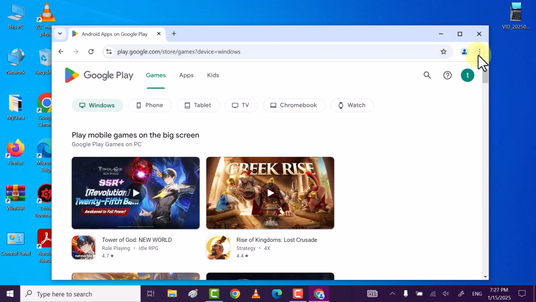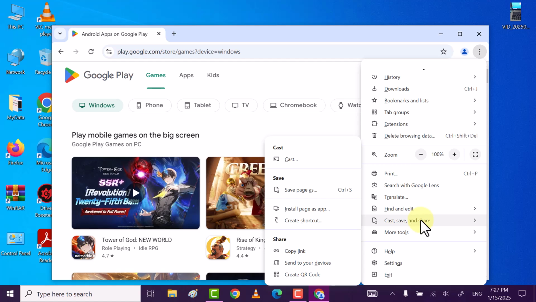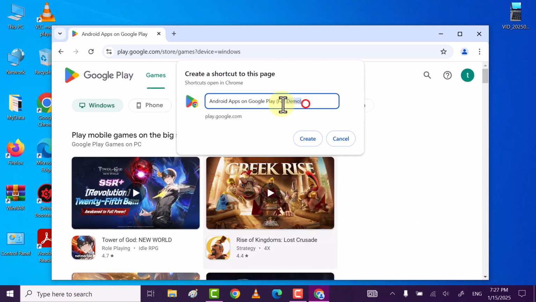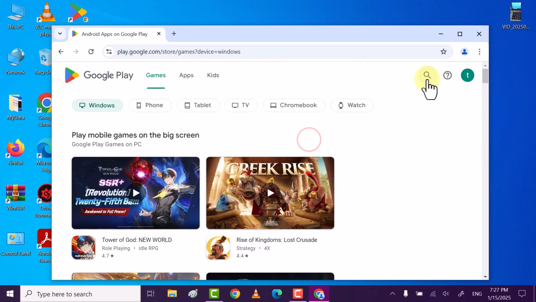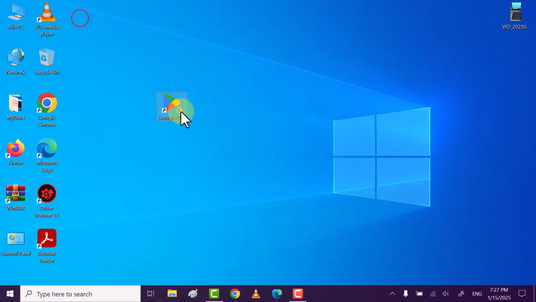Now after that, click on three dots. Scroll down till you see Cast, Save and Share and then click on Create Shortcut. Rename that shortcut. Once done, click on Create. This will create Google Play shortcut on your desktop. Double click on it to open